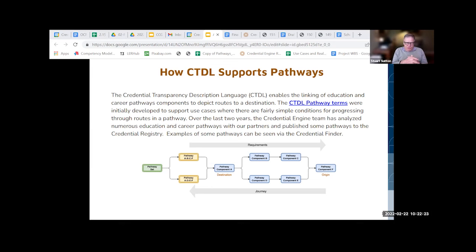I don't think, Ginny, do I need to explain this diagram, or can we move on, or would you like me to explain it? I don't think you have to really get into